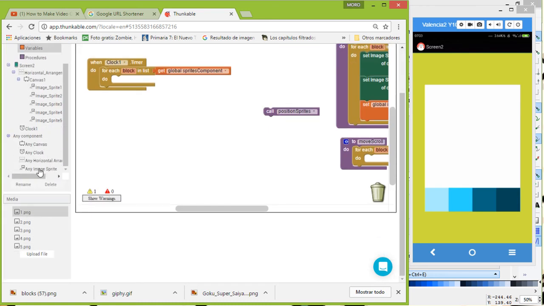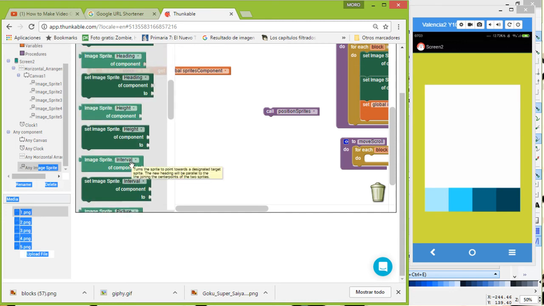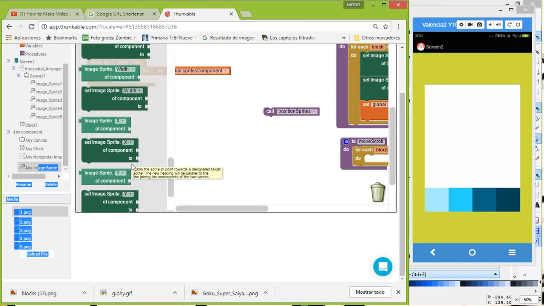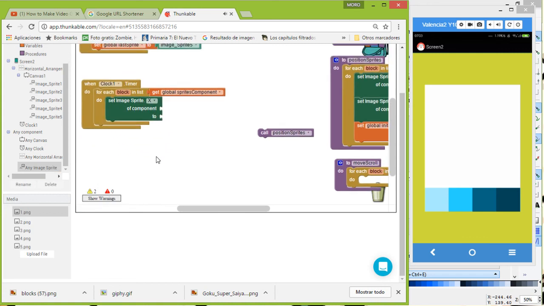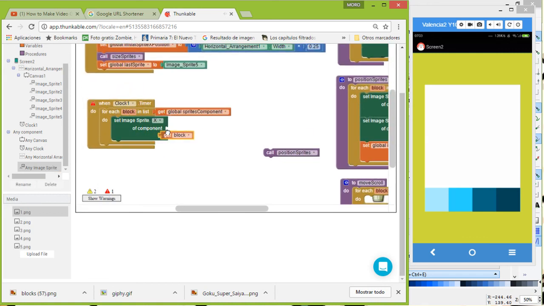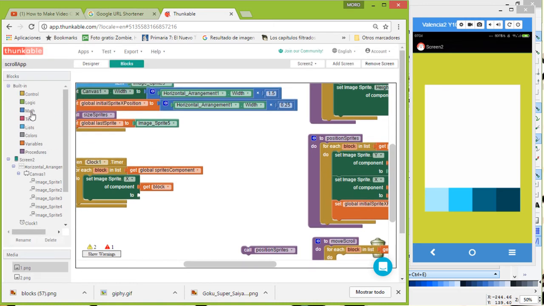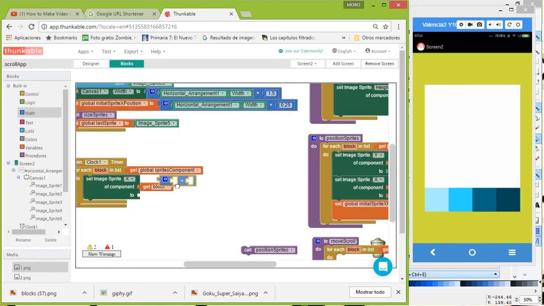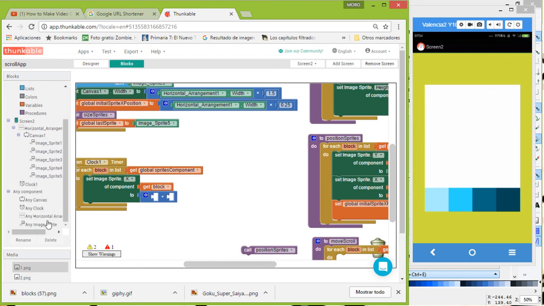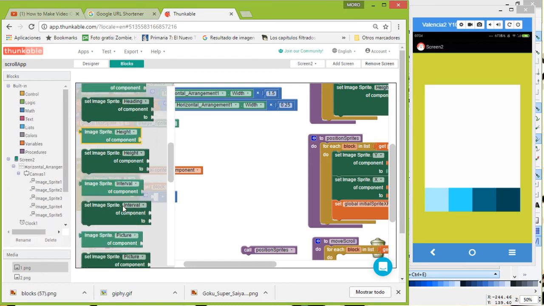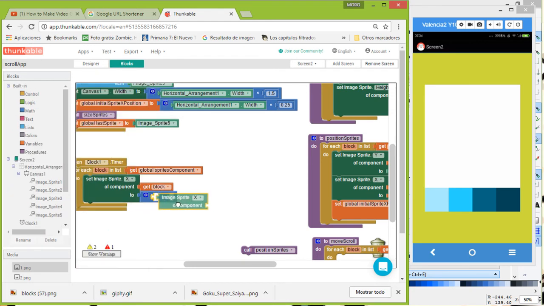So we're going to go here in image sprite and we're going to go to the X position. So you can use here of component block, remember, and then we are going to update the position and we're going to do it like this. We're going to use math position. We're going to set the image sprite from the current element that is in the loop. We go for block plus